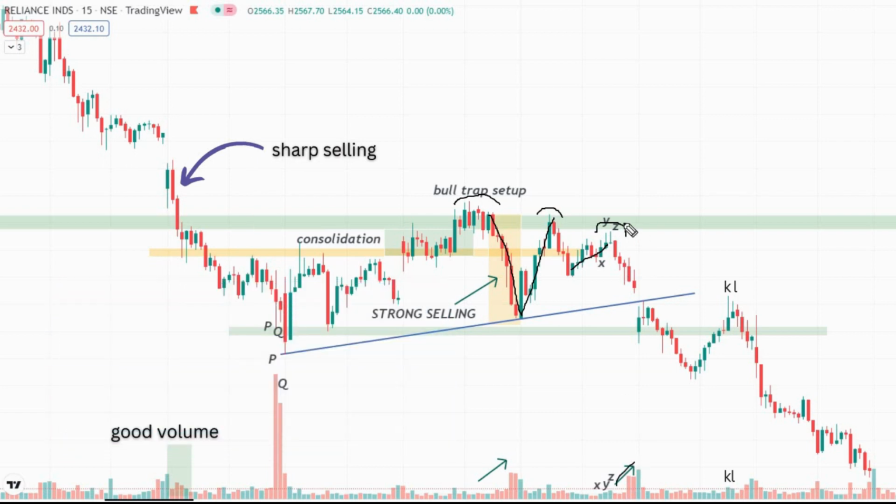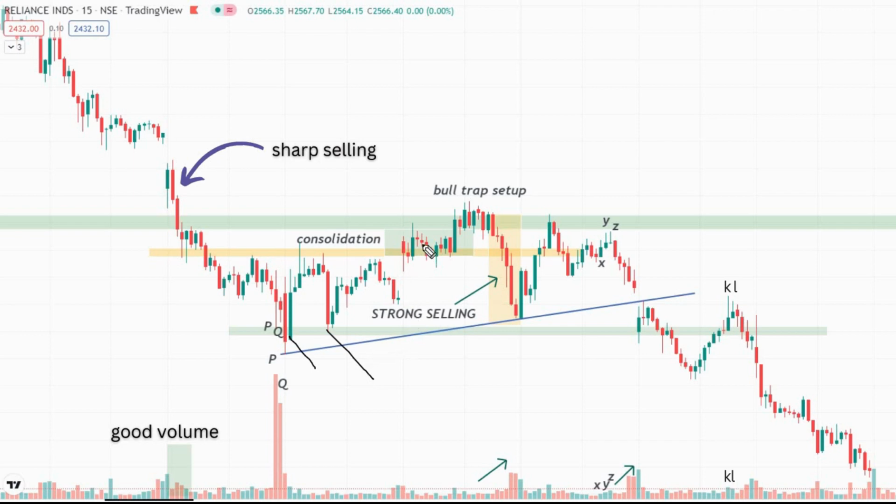Now increase in selling pressure indicating that bears are dominating at this price zone. So now next day what happened? Next day prices opened gap down directly into the support zone, okay. But now look, this support zone is tested once, twice, 2 times. This support zone is already tested,